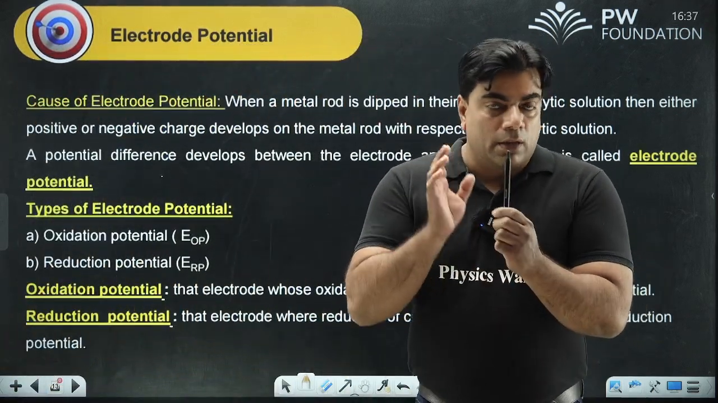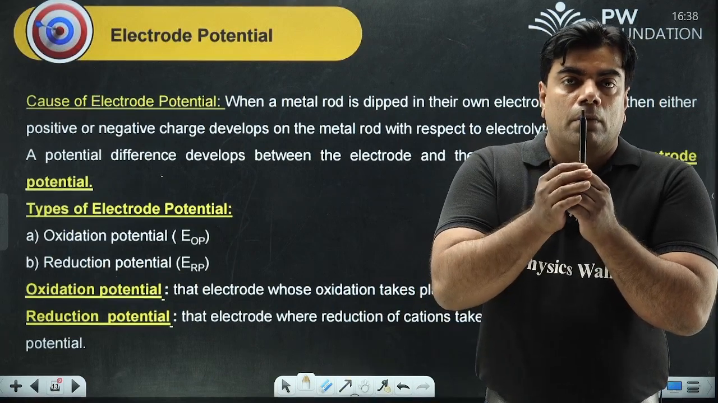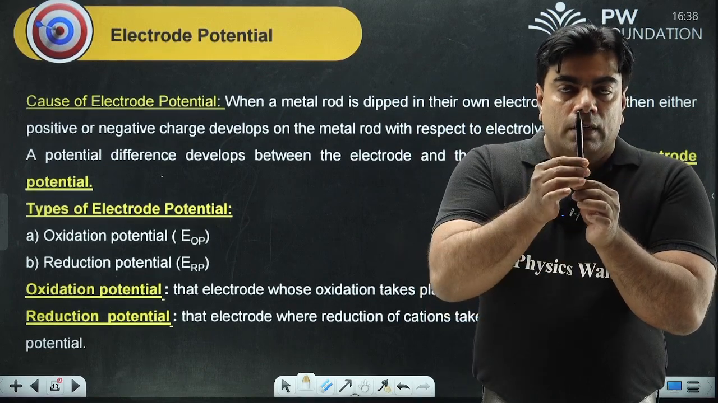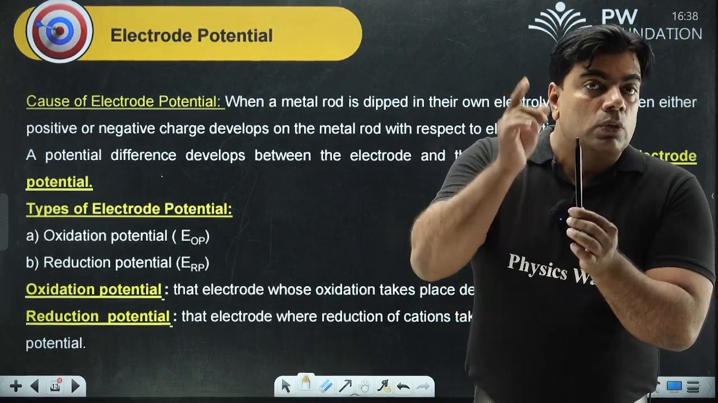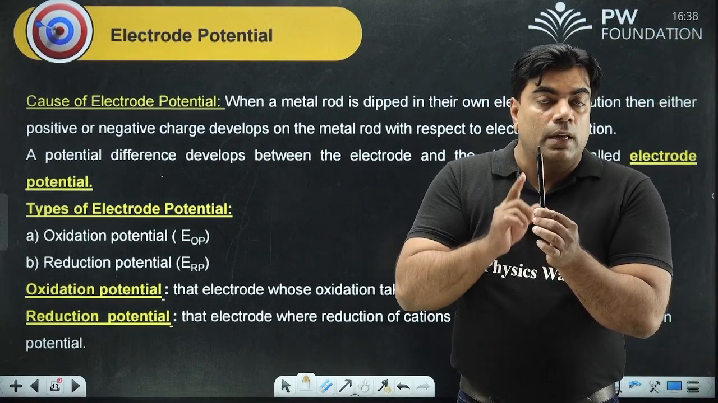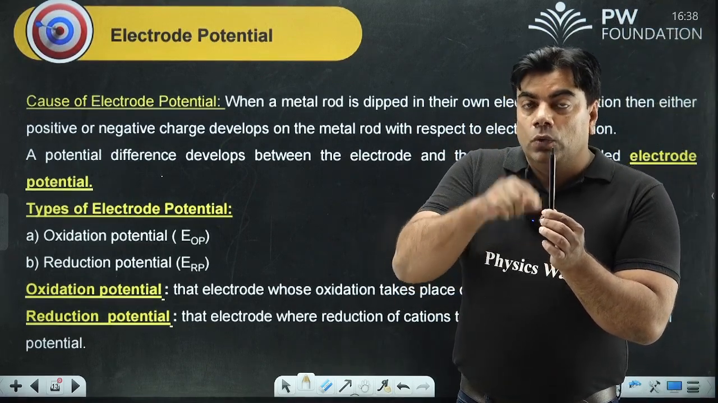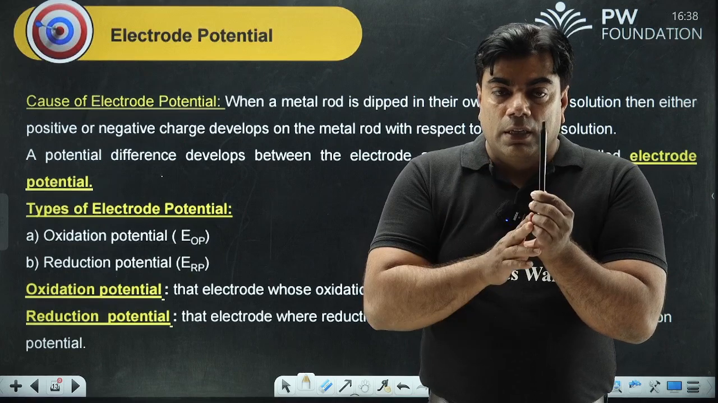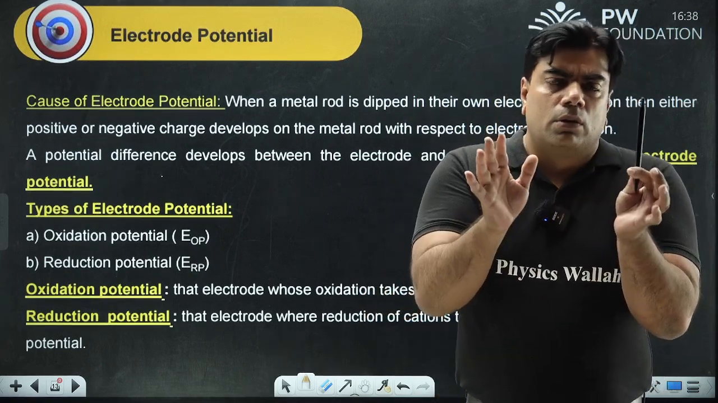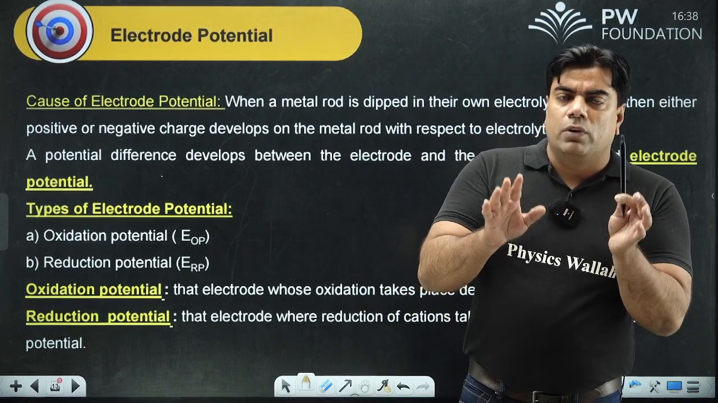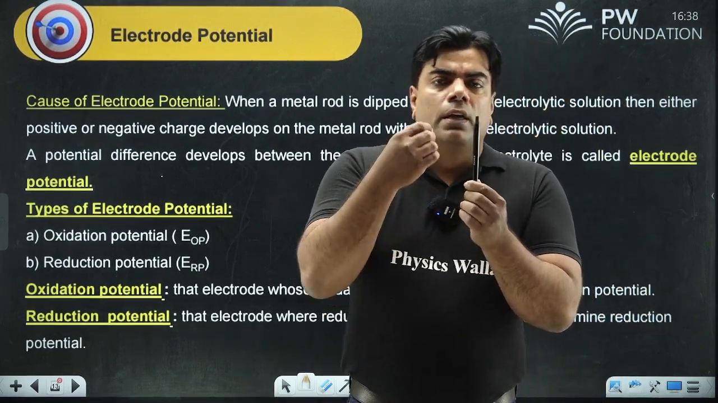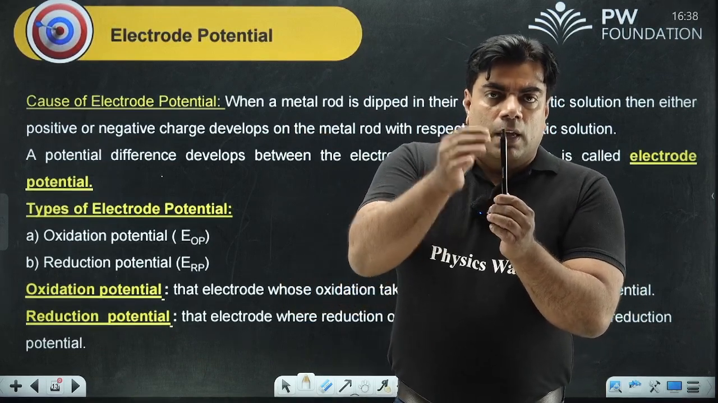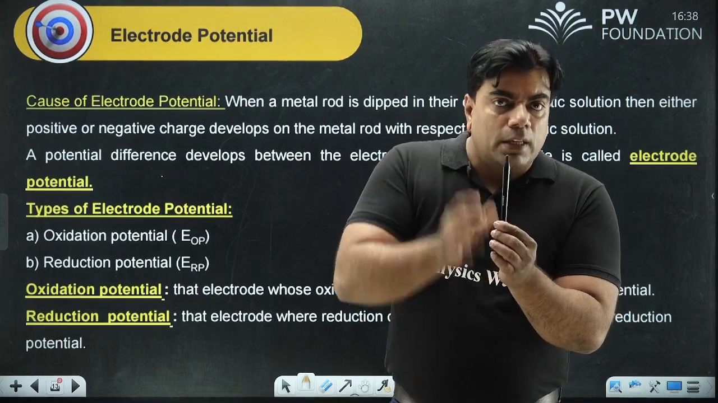Reduction potential, listen carefully. Suppose I have a metal rod of zinc, and I dip this zinc rod into ZnSO4. Now what happens? Suppose zinc rod or any rod, not necessarily zinc, you can take any rod, and if I dip this rod into ZnSO4 solution or into any aqueous solution of a salt,